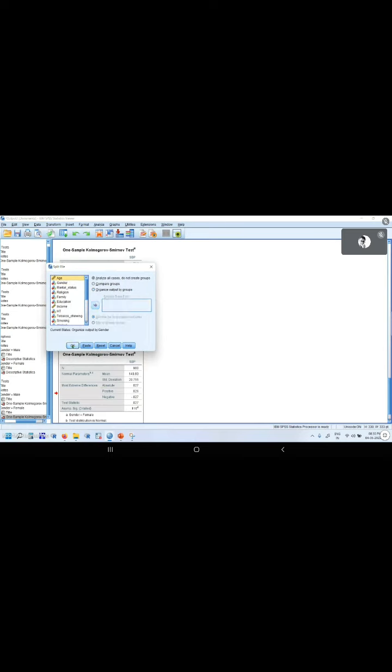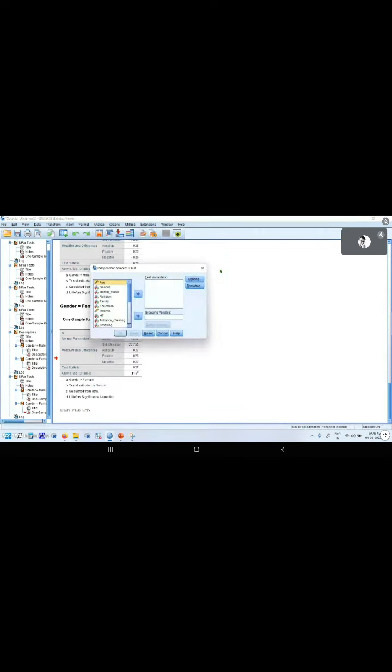Whenever we use that option, as madam mentioned, you should reset and click OK. Now we are going to do independent sample t-test. Go to analyze. Here we have the option compare means, independent sample t-test. The option is here. Here we should select the variable SBP. And what is the grouping variable?